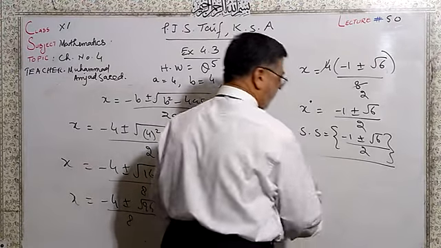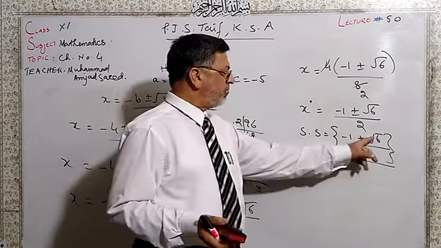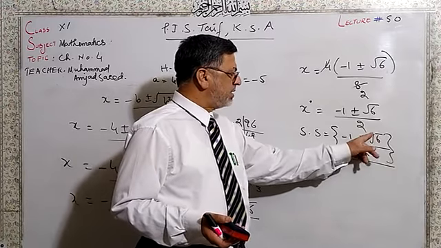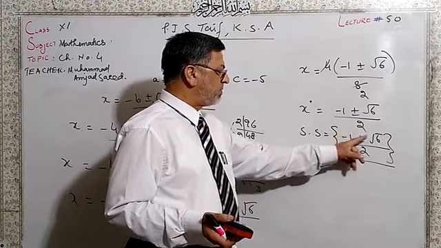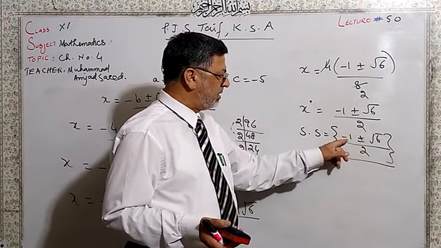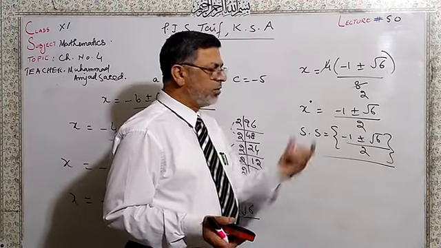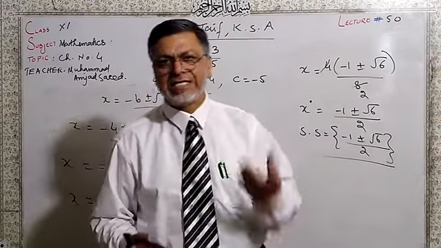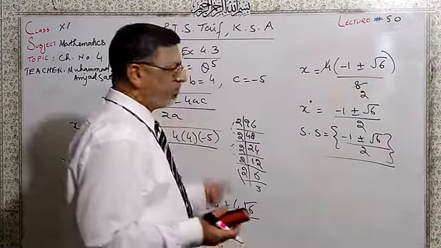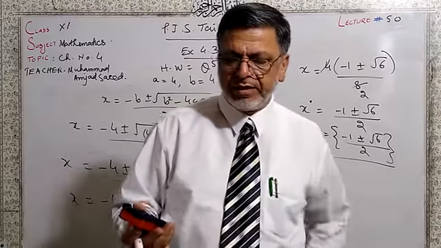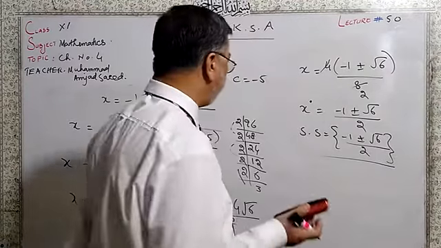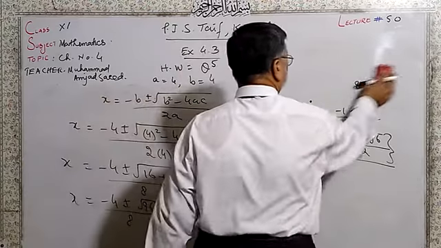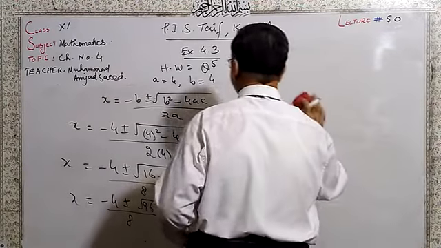And don't worry, if you have this radical sign, you can simplify with the calculator, the square root of 6, maybe in decimal. Then you take plus and minus, once plus and once minus, with this minus 1, and divide by 2, you will get a number in decimal form. After that, you will apply it in your given equation. Then left hand side will be equal to right hand side. This way you can check your answer. But this answer is correct.